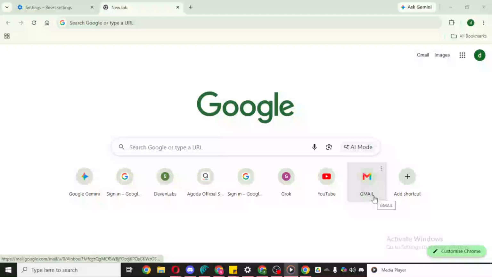In today's video, I'm going to teach you how to fix Yahoo search in Chrome. If your Chrome browser is using Yahoo as the default search engine when you would rather use Google, don't worry. This is usually a quick setting change, and I'll walk you through it clearly so you can follow along without any confusion. To begin, open Google Chrome on your computer.